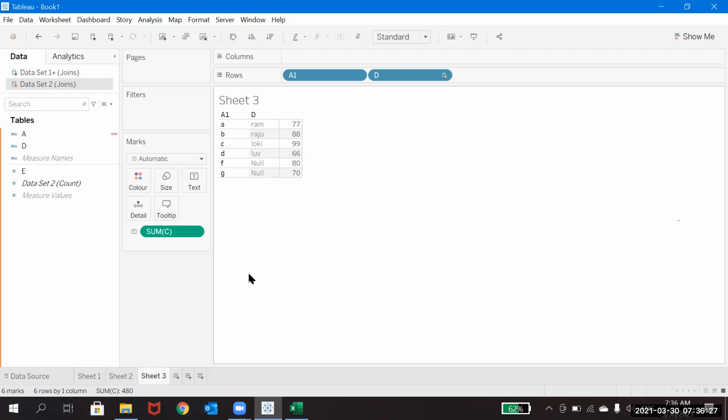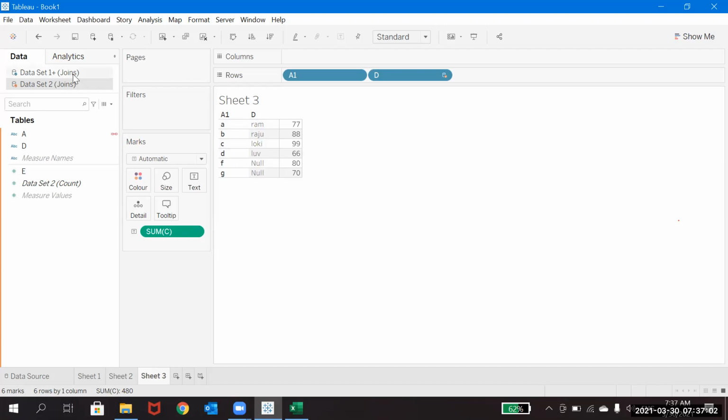But when you are taking the information from each data set, you need to observe one thing: you need to have at least one common column between all the three or four data sets, however many you are using. And you should decide which is the base file. That base file will show you the complete information, and the rest of the data sets will show only wherever a matching record comes. That is the major thing you need to remember, and those are the secondary data sets.